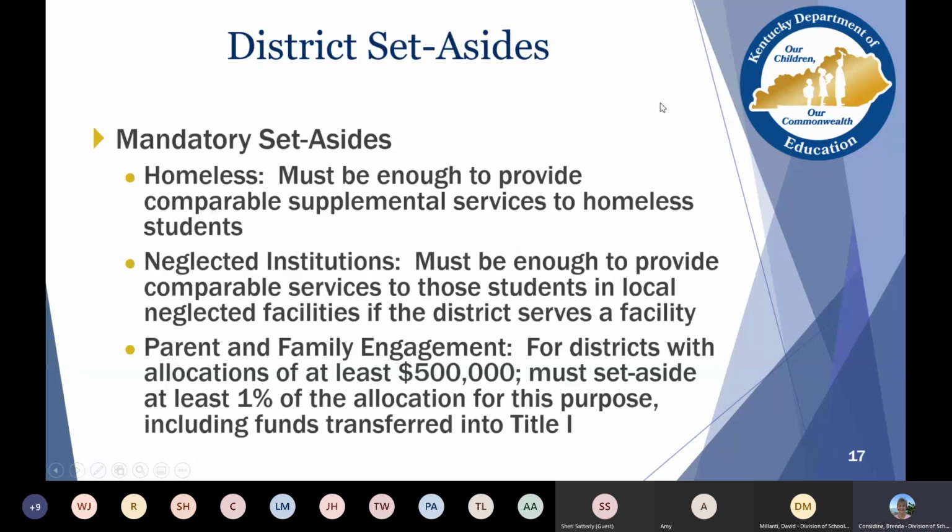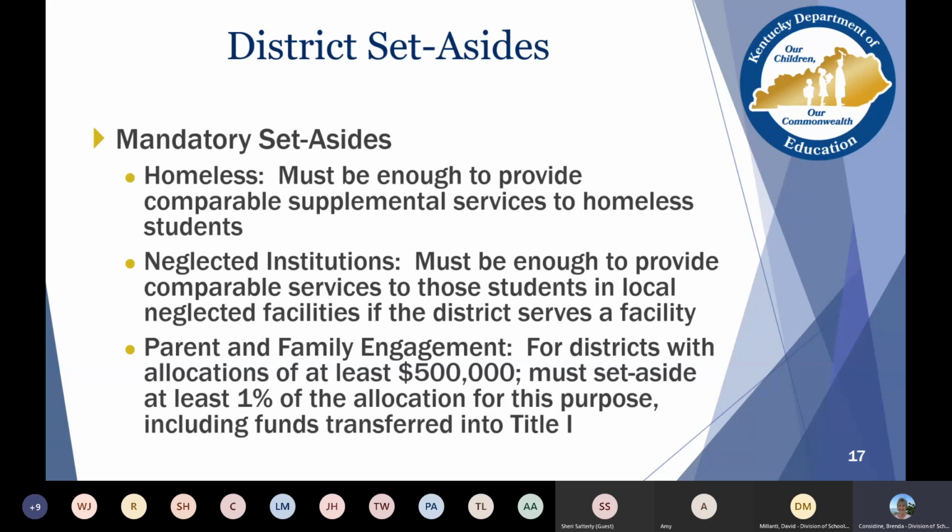All right, then we're going to get into the lovely district set-asides, which are determined at the district level. You do have some mandatory set-asides. Homeless is required.